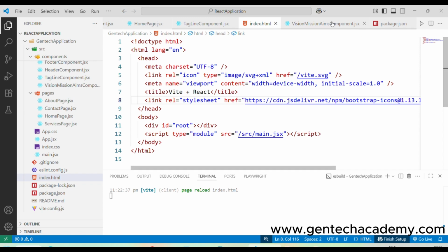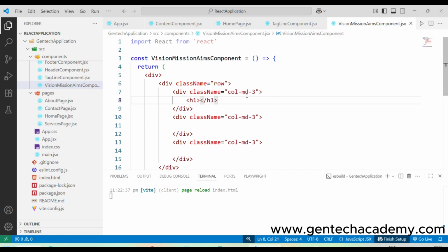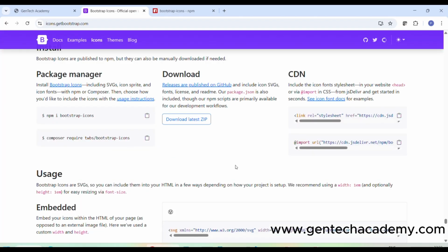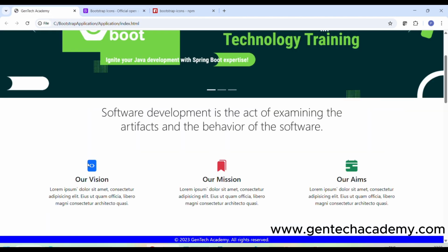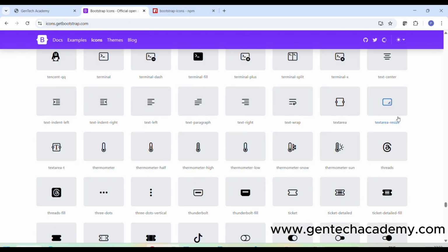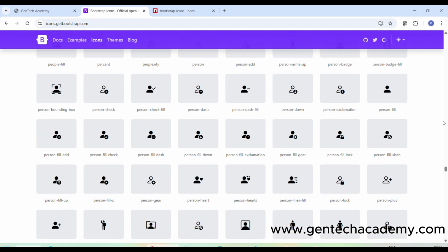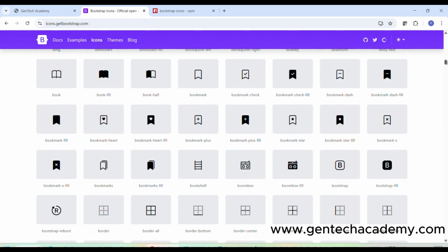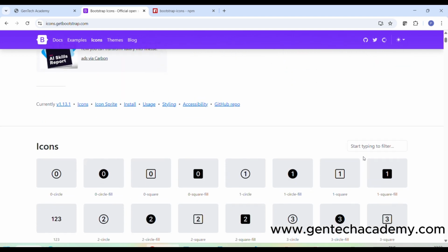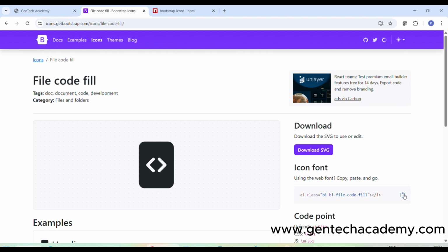Once after configuring properly, go to our index.html, go to our component and go to our Bootstrap icons. The first one represents as code. So we can bring that particular code. You can add any icon. We are just applying a similar approach. How it looks in a Bootstrap application, similarly we can just add code. So this is the one code. Yes, select this particular one and copy this